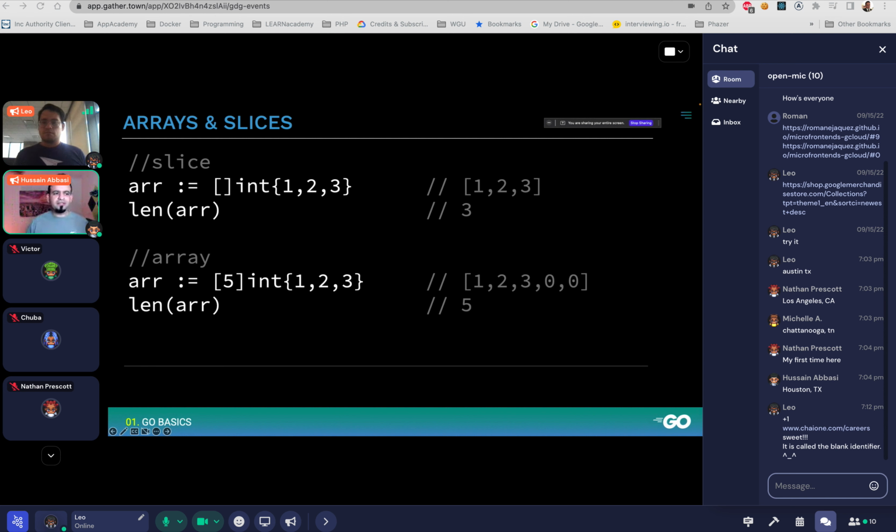But if I wanted to actually turn this thing into an array, all I have to do is give it the size. Once I give it a size, as you can see, I gave it a size of 5, now I'm dealing with the actual array that's behind the slice and not the actual slice anymore. And now if I print the length of array, you see that it actually didn't only stop at the 3 values I provided. It filled up the others with the default values because that's what I told it to do. And now if I ask for a length, I get the whole 5 back.